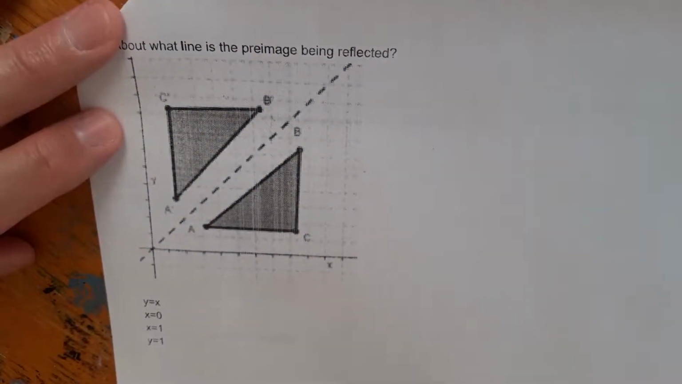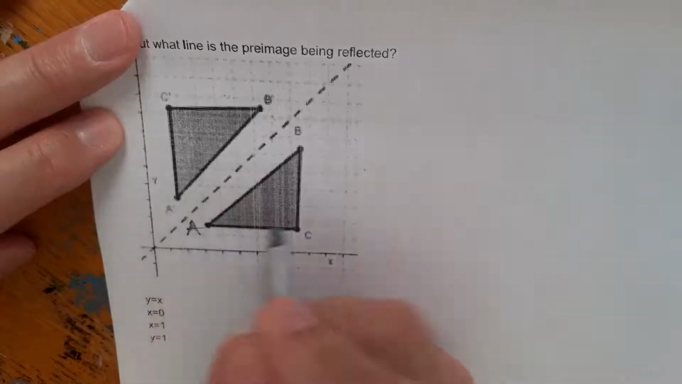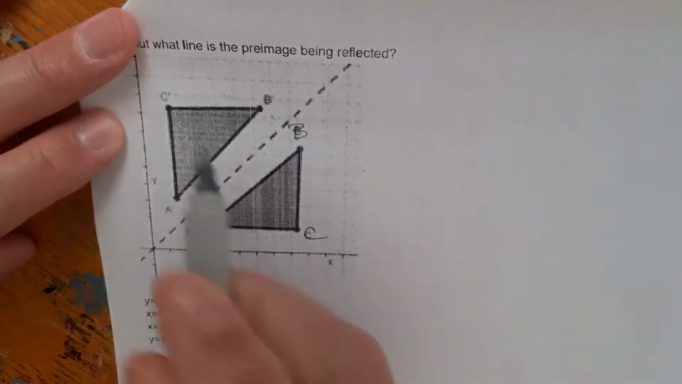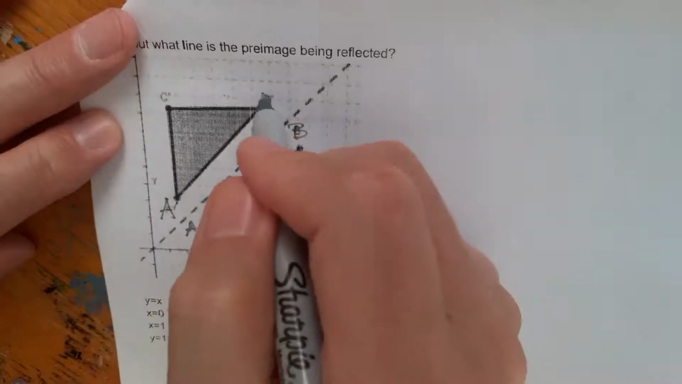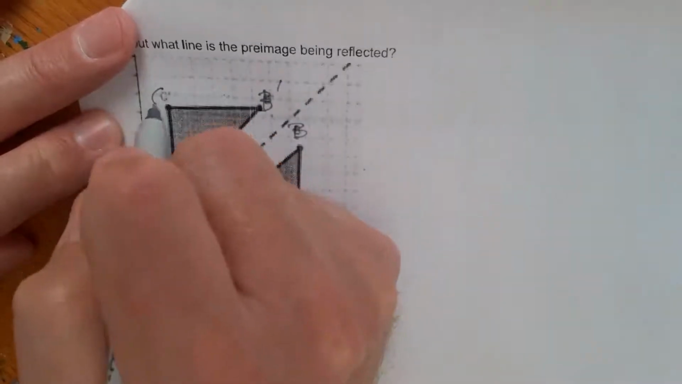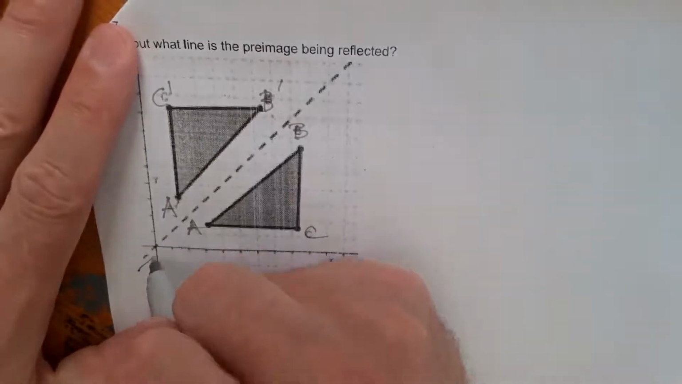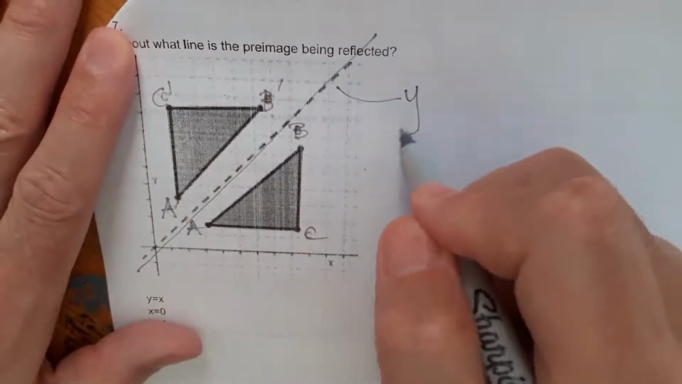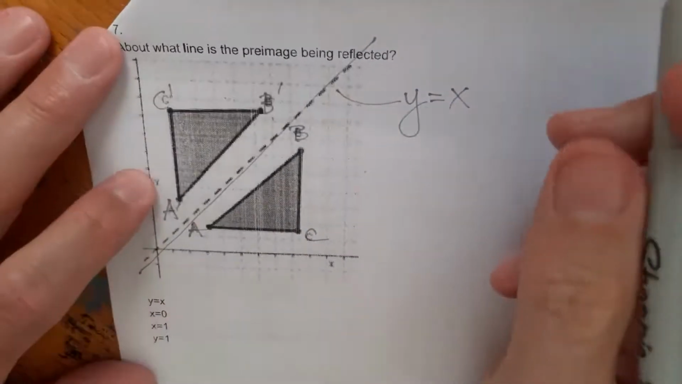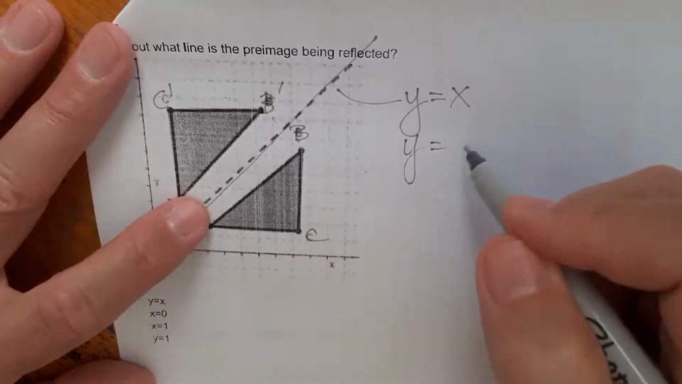So this looks like ABC here, and this looks like A prime. I see a little A prime, B prime, C prime. So this is being reflected across this line here. What is this line? This is y equals x. Why? Because y equals